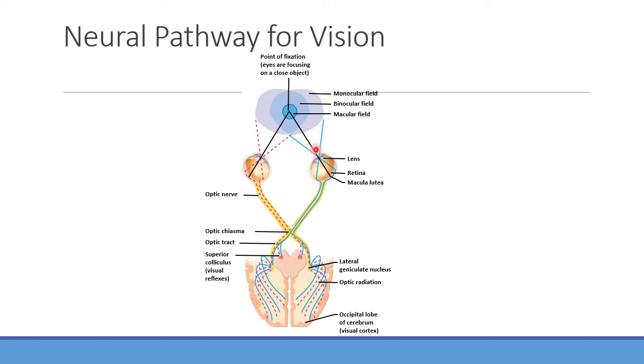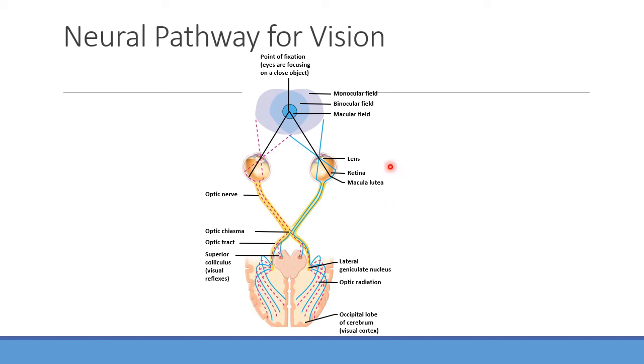If you're looking at this blue line here, that same light coming from the right side is going to be focused on here. In this case, on the right eye, it's only going to be on the medial aspect, the nasal aspect of the retina. It's going to be traveling along, and then what do you notice about it? Crosses over, right? So again, that visual field is going to cross over and then end up in the same place in the occipital lobe as the left eye, right?